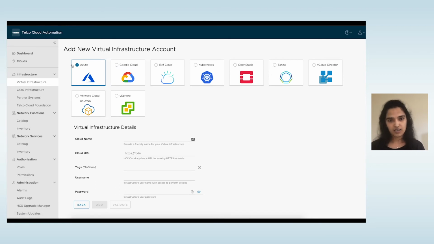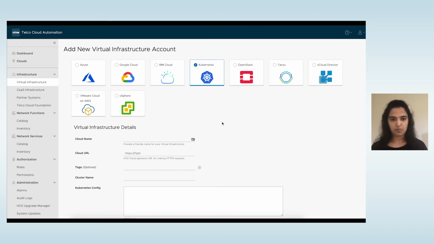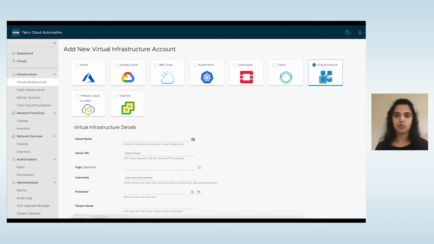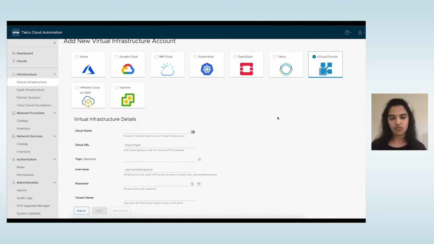You could either directly register or create completely from here. You can register a Kubernetes cluster which is already deployed, for example, by providing kubeconfig, or VMware Cloud on AWS, or a vSphere cluster that you want to register for TCA automation purposes. You can also specify, let's say, a vCloud Director tenant that you want to register for deployment purposes.